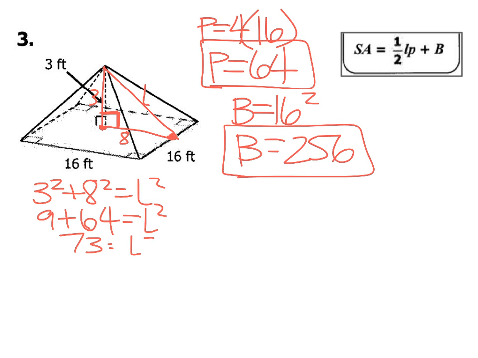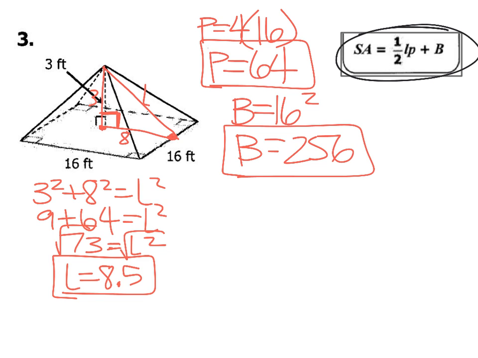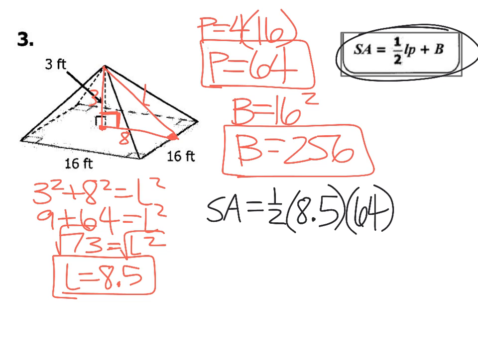73 equals L squared. Take the square root of both sides, and we get that L equals 8.5. And we just found our slant height using the Pythagorean theorem. Now we want to take our formula for surface area of a pyramid and plug everything in. So surface area equals 1/2 times our slant height, which we just found using the Pythagorean theorem, times the perimeter, which we previously found to be 64, plus the area of our base, which we know is